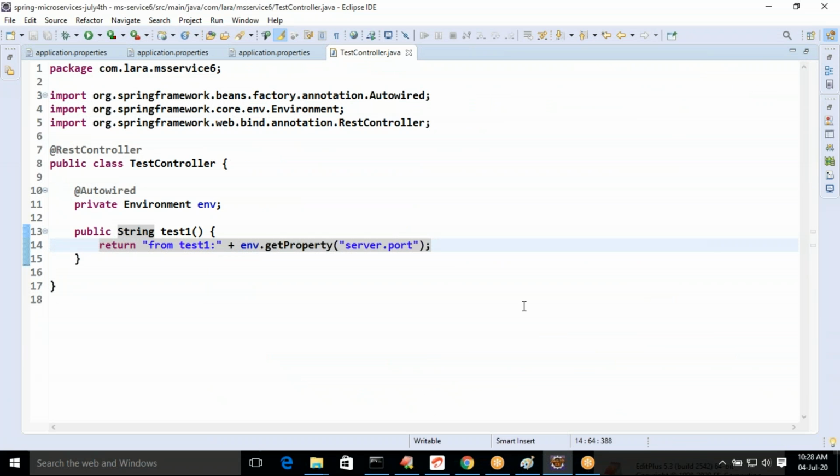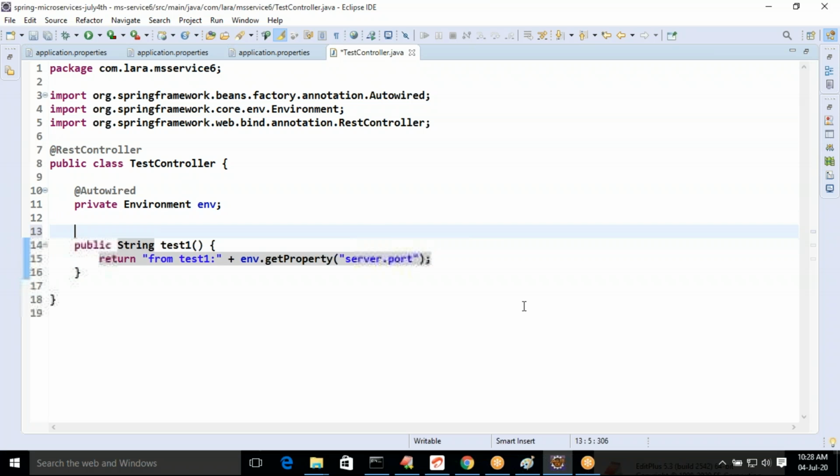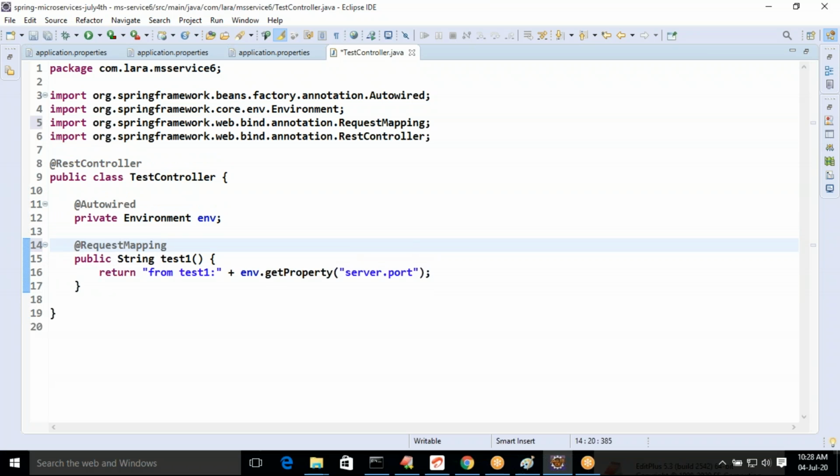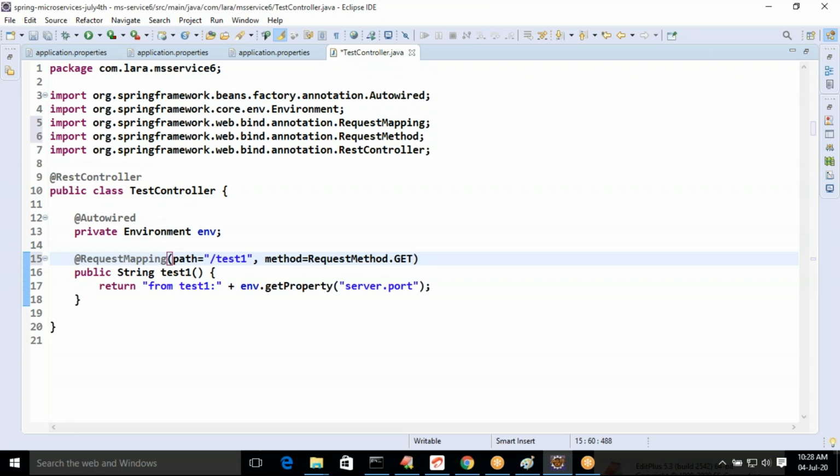In the test controller, we are defining one API. RequestMapping, path is equal to, let me provide test1, method is equal to GET.